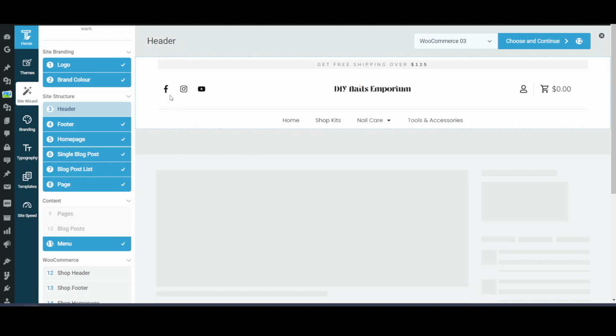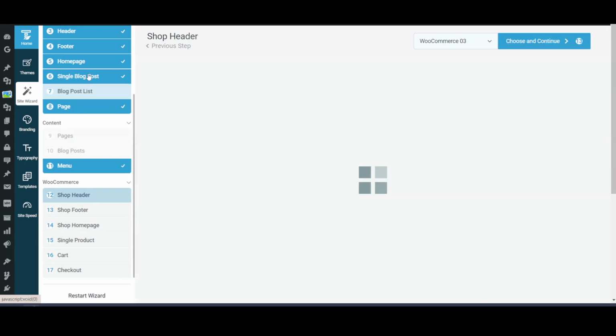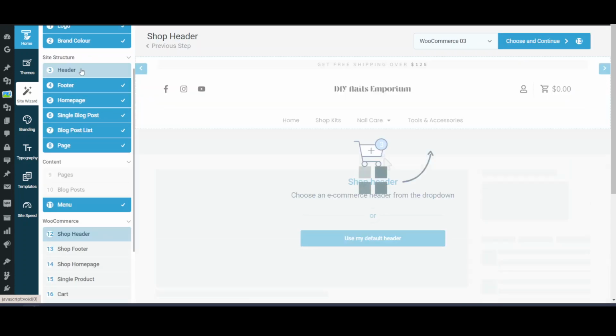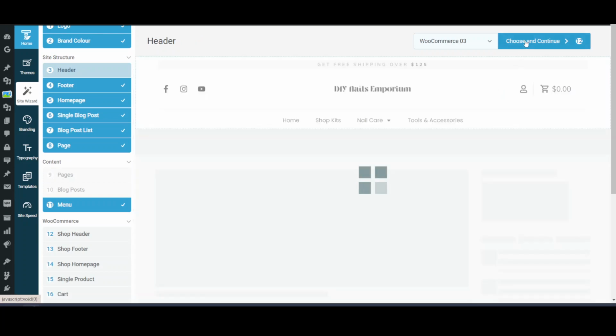So I think this has the social media elements and a bar on the top. Then a personal my account page and cart value, total cart value. The icons and the proper menu selection are also there, so we can select this one. Now for the shop header also, okay, I think we didn't select the header there, so let's select the header. Okay, it's already selected.